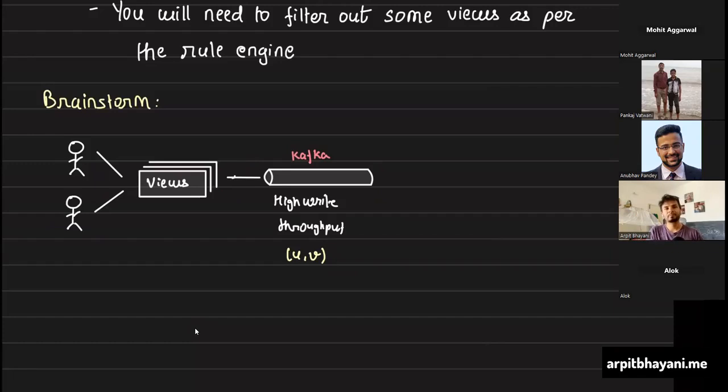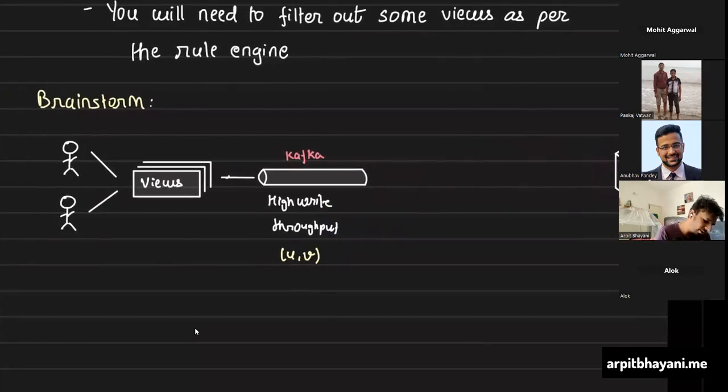Yes. Now you have the messages over here, right? And then you'll do some sort of count plus plus. So let's say there is a quote unquote counts DB where you are storing that this is the video, this is the count. It might be a videos DB itself, it might be a separate database. That's a different problem to solve. But let's say you have a database where you will do at the end count plus plus, right? Okay. Now, where does the rule engine come in?